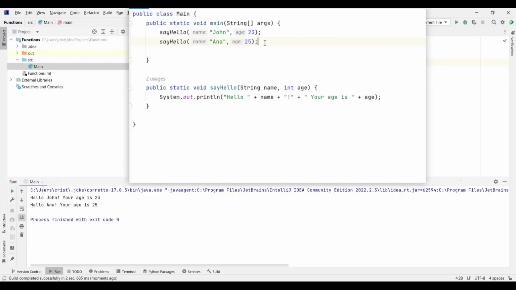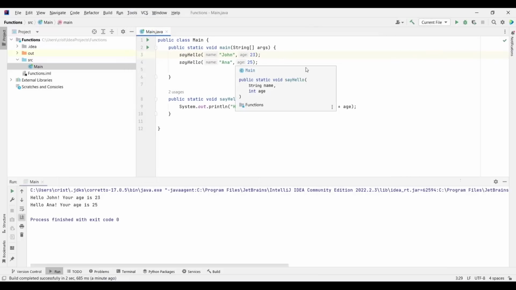So what it's doing here now, it's using the values that are passed here. These are also called arguments, the values that you pass to the parameters. So to the parameter name for our first call of the function, we pass John, and for the age we pass 23, and we got in the output hello John, your age is 23. For our second call, because functions are reusable chunks of code, you can call it again. We pass different values here, Anna for the name and for the age 25.